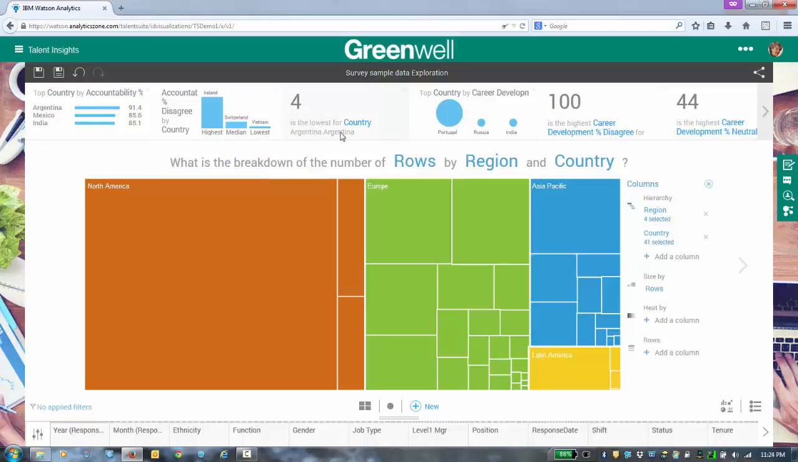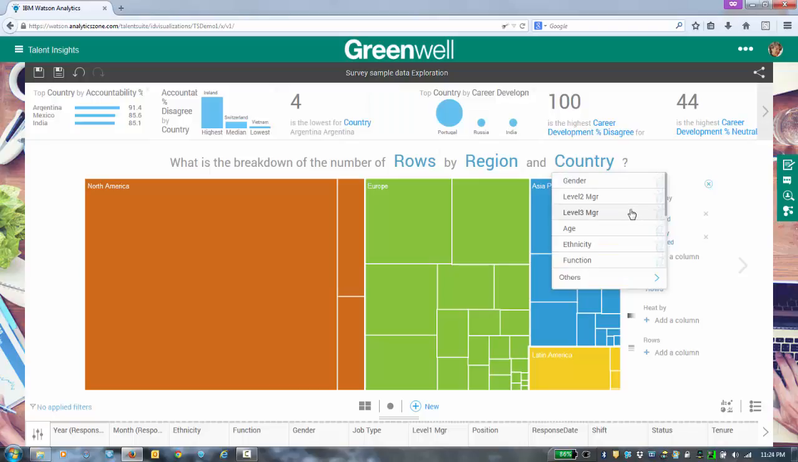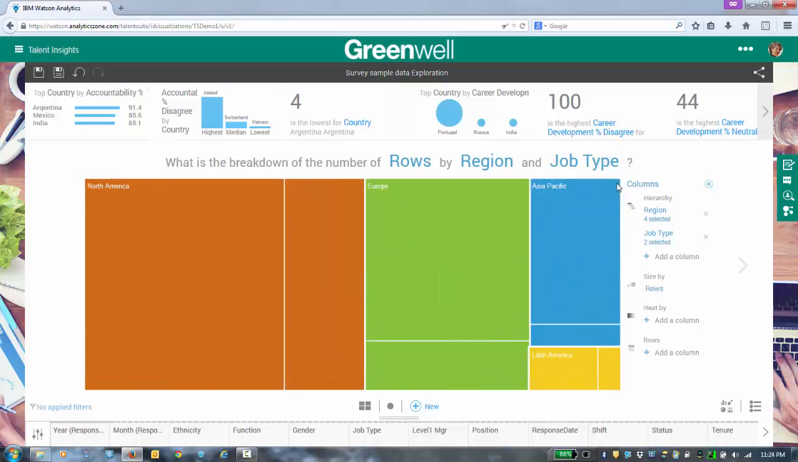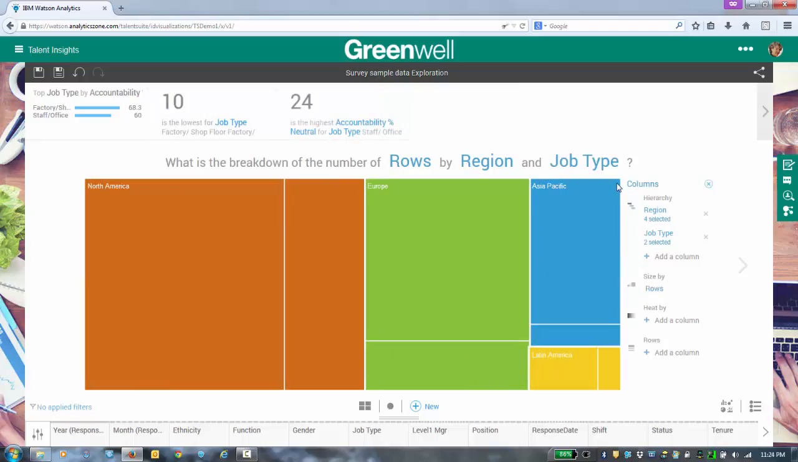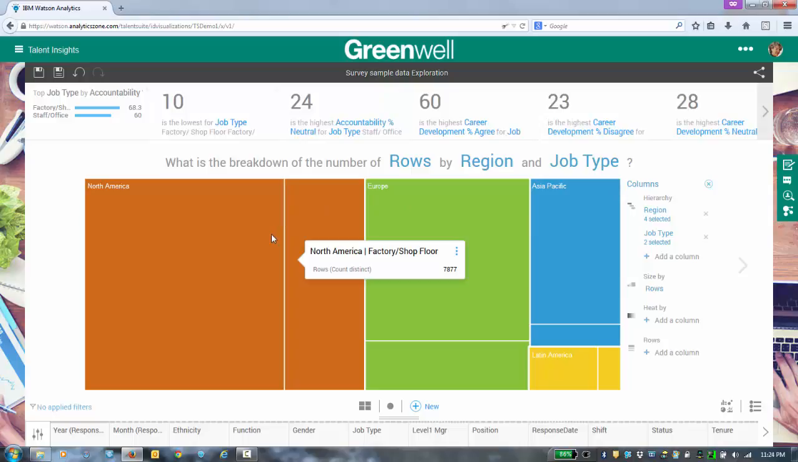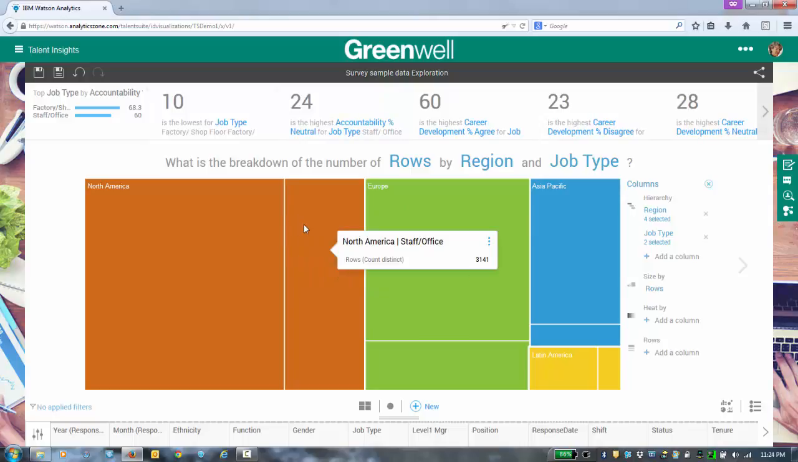Let's adjust our visualization just a little bit further. What I'm going to do is change the context from a country-based one to more of a job type. So let's take a look at how this breaks down by region and by job type. Within my visualization in here, I have shop floor as one of my job types, and I have staff or office type roles. And again, this is the categorization that we have set up within the data and